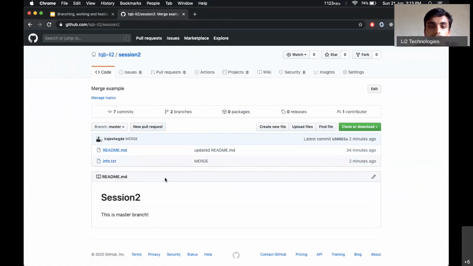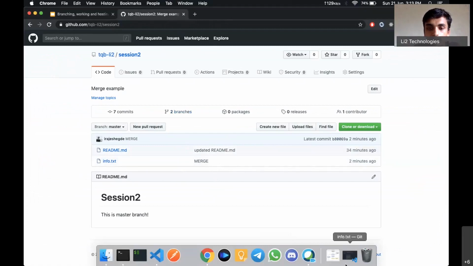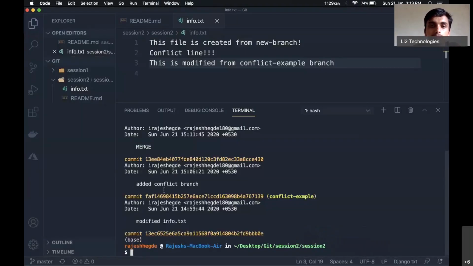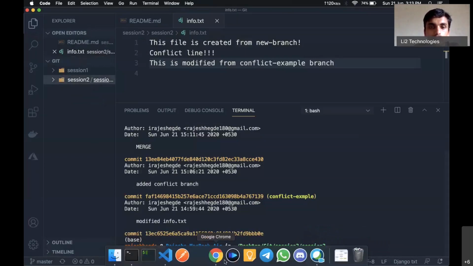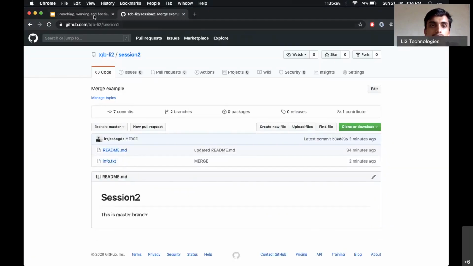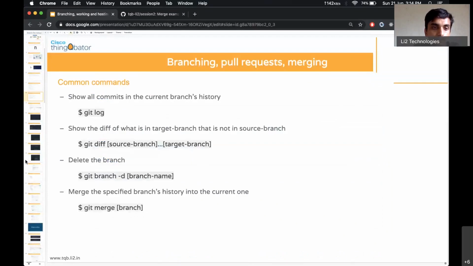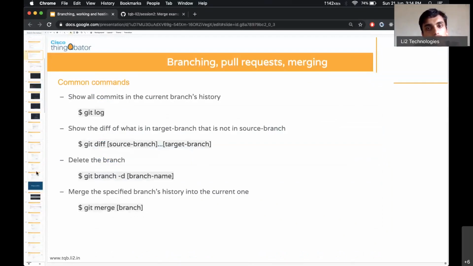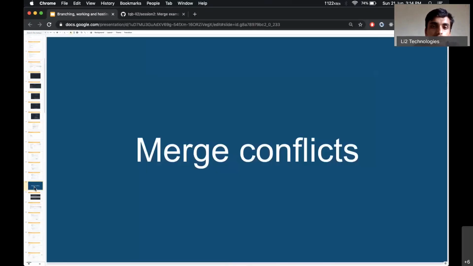So that's how we merged it, and I think this concept is clear, and it's very important to know about merging, making a pull request, and when there is a conflict, what you have to do in order to merge it, correct? So that's about merging, and we have covered branching, pull requests, and merging. Next, let's move on to the next topic